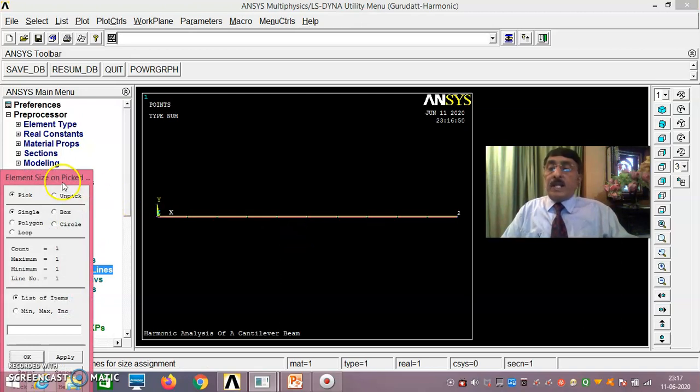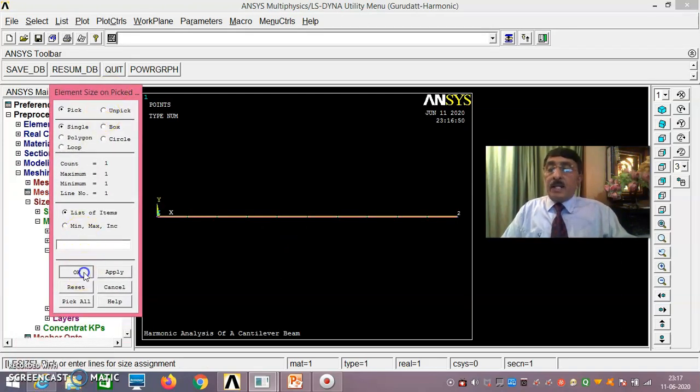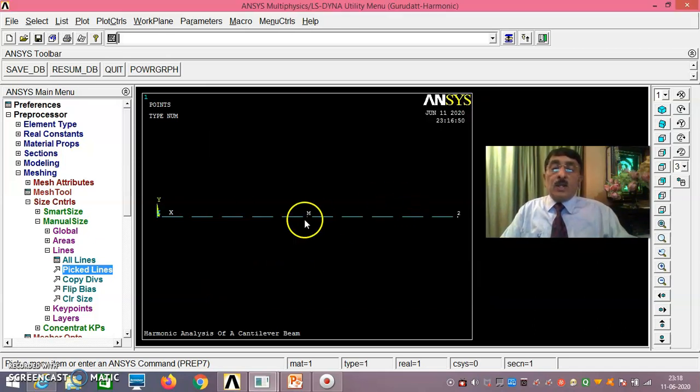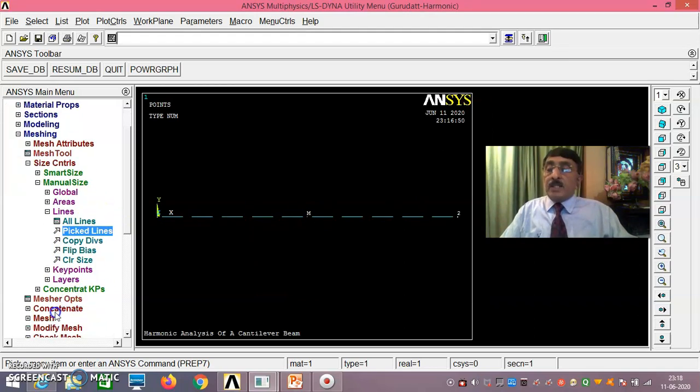You pick this line. Say number of divisions, you make 10 or 15 or 20, whatever. It won't matter much. Only a little increase in accuracy will be there. Now number of divisions 10 means 10 elements are created. I'll just say 10 elements are created. Then you do mesh,